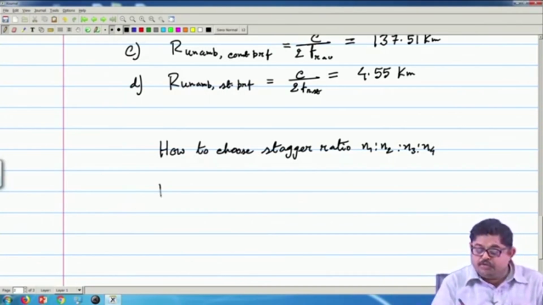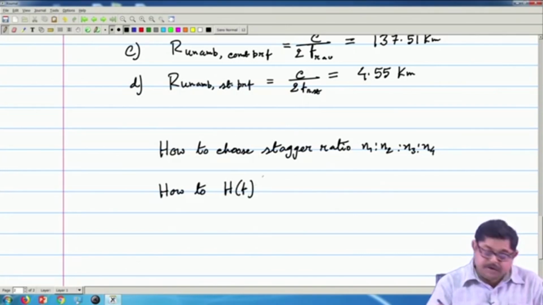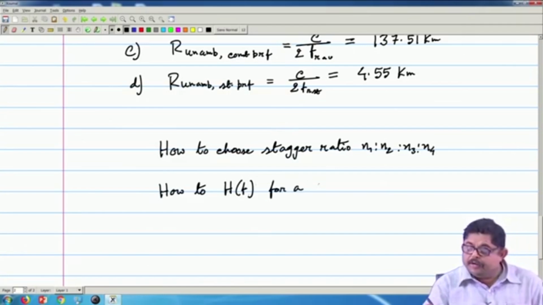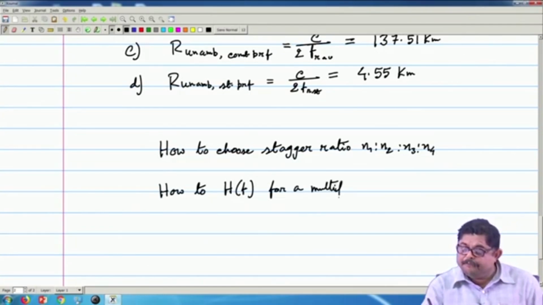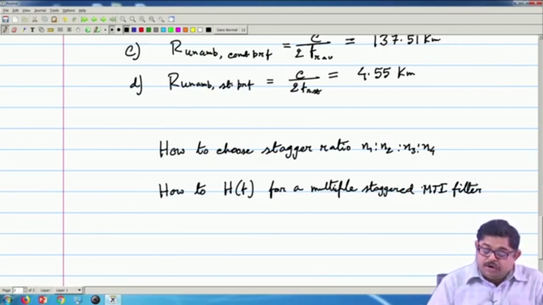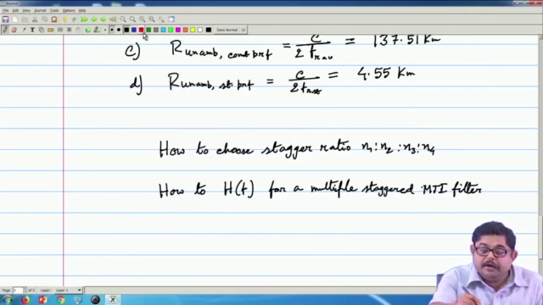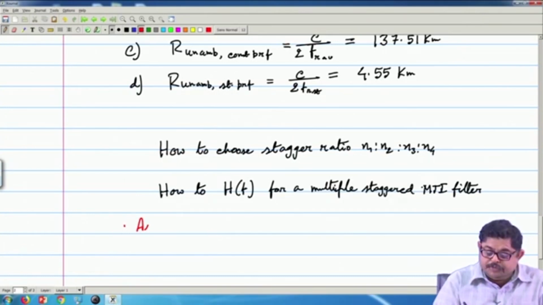Now, to come back, how to find the HF for a multiple staggered MTI filter. The two-PRF case we have seen, that we can always do with two. So, to determine in this case the algorithm for more than two staggering PRFs, first I will say that assume